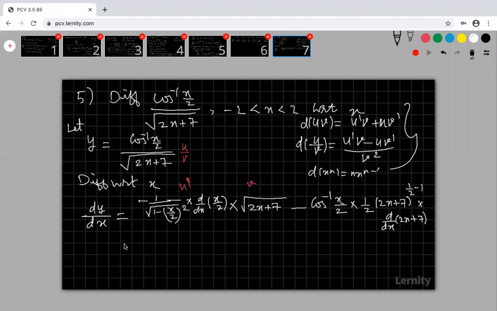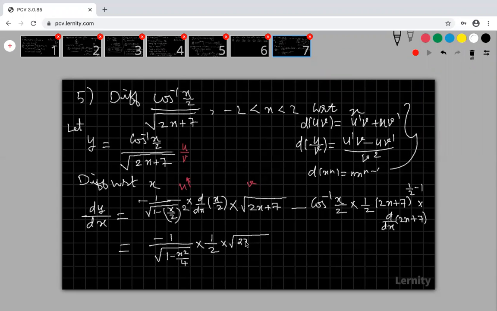So therefore my answer is minus 1 divided by root over 1 minus x square by 4, into, what is my x? Here we have to differentiate this x by 2. My x definition is 1 by 2 only; 2 is the constant. If the denominator also has some x function, then go for the u by v formula. Otherwise, differentiate only the numerator since my denominator is constant. My numerator definition is only 1 by 2 into